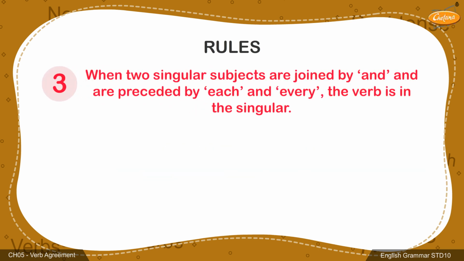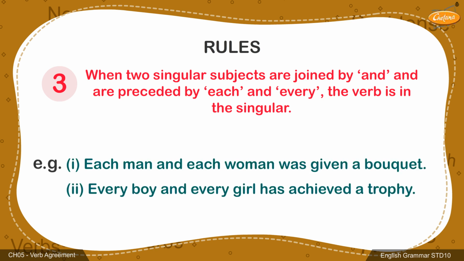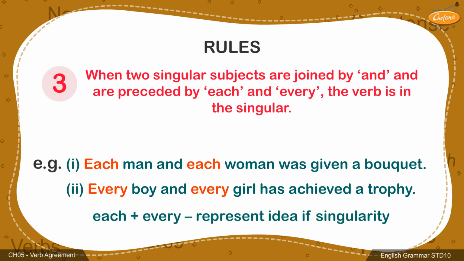Let's move on to the third rule. The third rule explains when two singular subjects are joined using the conjunction and but are preceded by the words each and every, a singular verb is used. Let's take up an example to understand this rule. Here, the two singular subjects, man and woman, are preceded by the words each and every, therefore a singular verb,